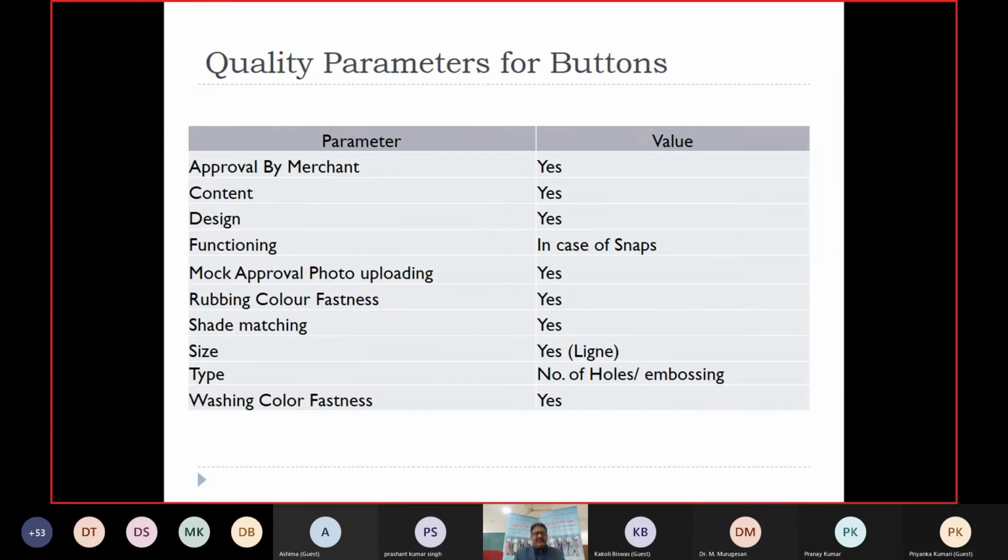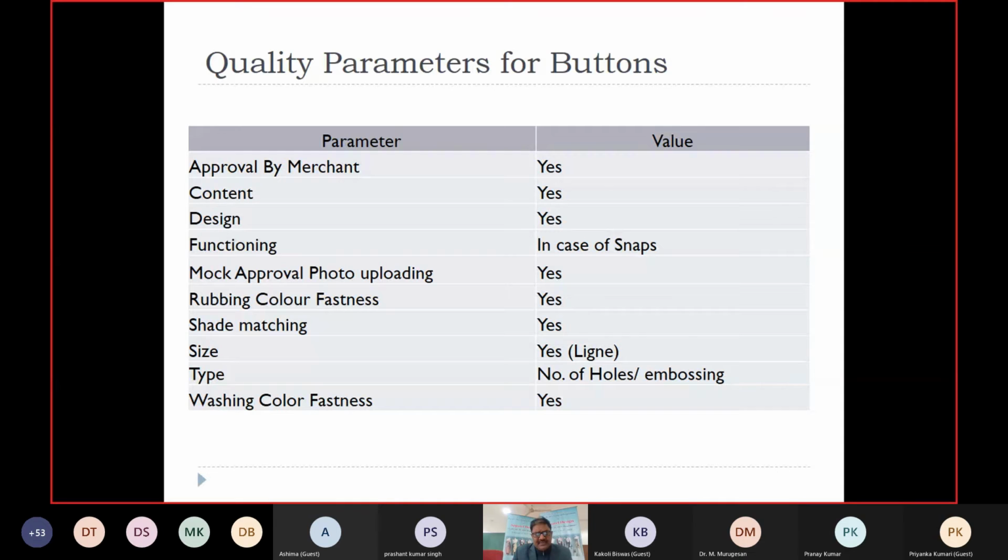Now coming to the quality aspects, the quality parameters for the buttons. Parameter and value: approval by merchant, content, design, functioning, mock approval, photo loading, rubbing color fastness, shade matching, size, type, washing color fastness. All these are the technical details given by your buyer.